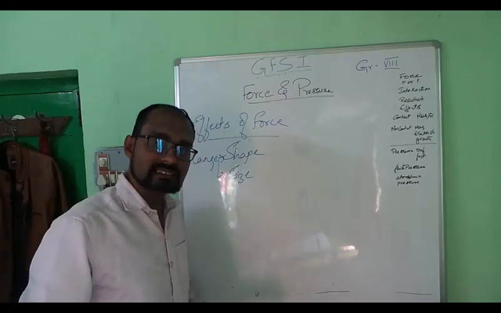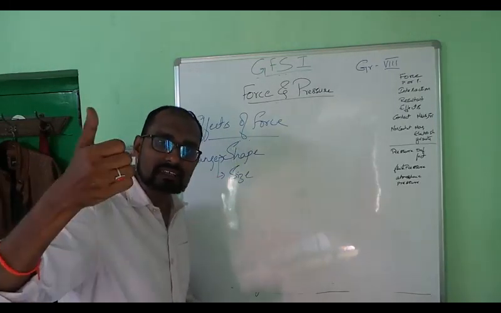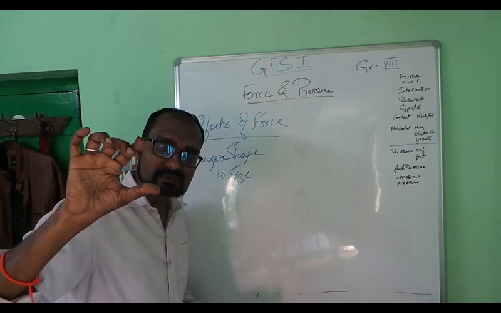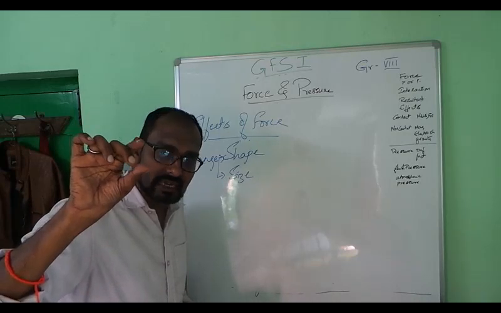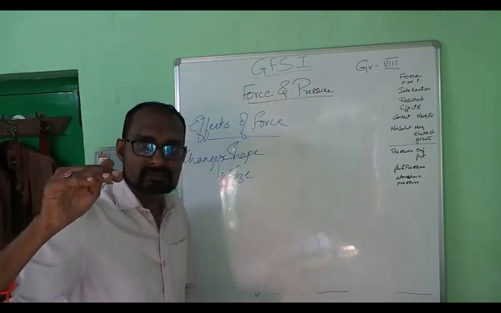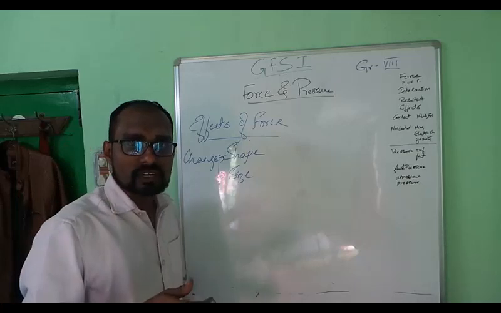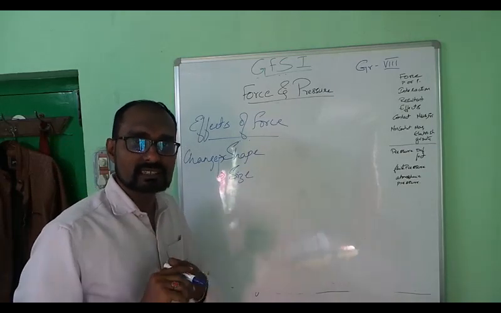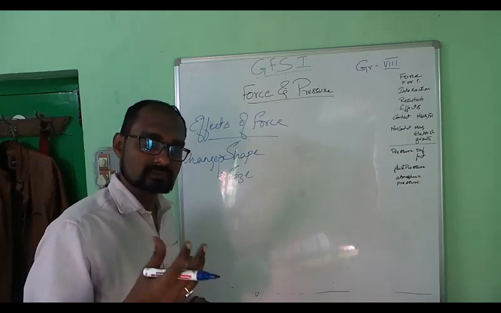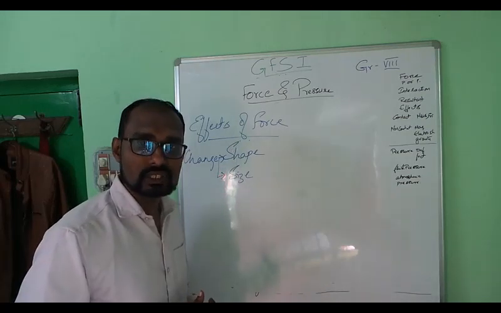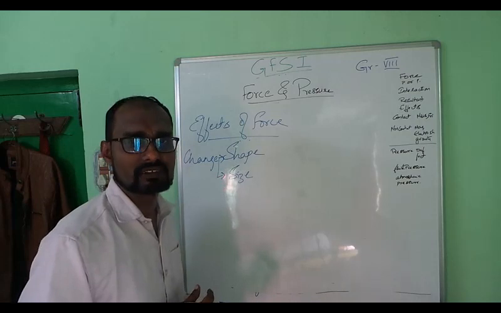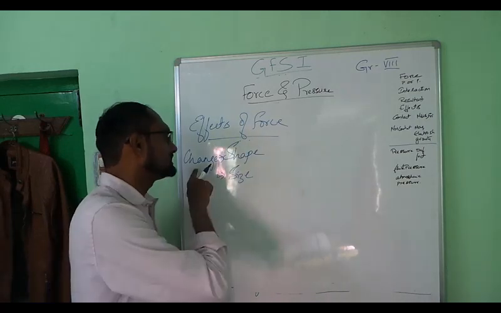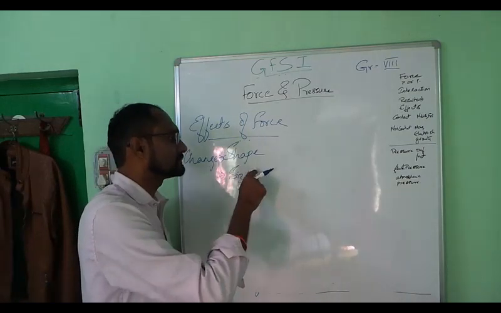We use pens which can be clicked. When we click it, we see the spring inside actually getting compressed, and it is again stretching. Many of our toys have springs which can be stretched or compressed. So by exerting force, we are changing the size also. The same thing happens even with a rubber band. So force can change the shape, size,